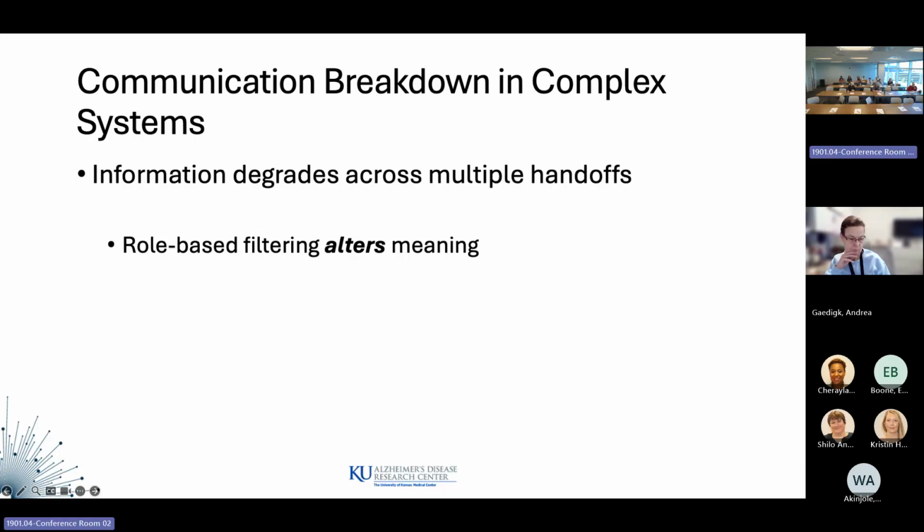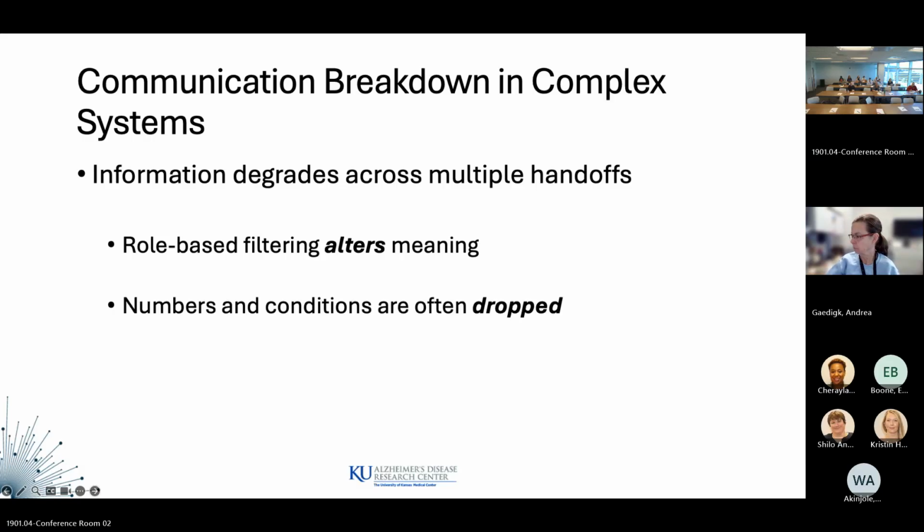You might only capture pieces of information that are directly relevant to your role. When I was listening to the presentations this morning, I focused more on any time they said communication structures or communication breakdowns. My mind naturally went to that because I've been thinking about it all day. I missed other parts, but that's what I focused on. That's what I was able to take away from it.